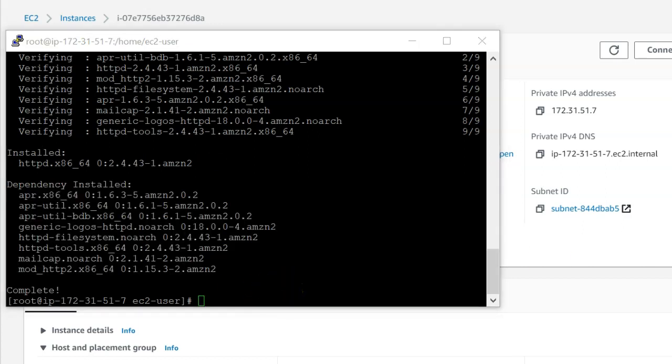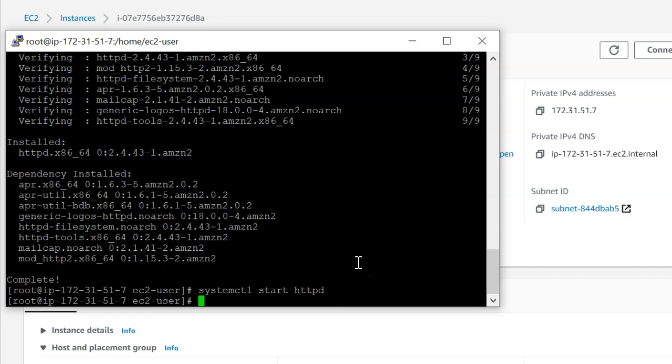And now you need to start your web server. I'm just going to copy and paste to save time and to minimize typo mistakes, and just enter it here. And then you need to enter systemctl enable httpd.